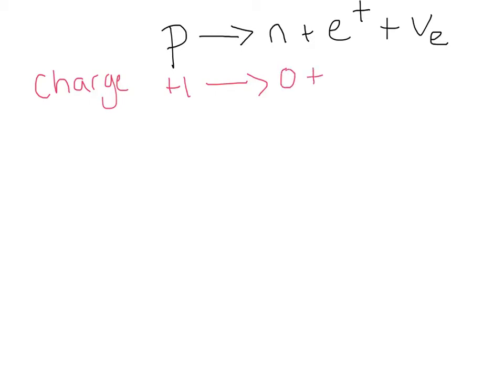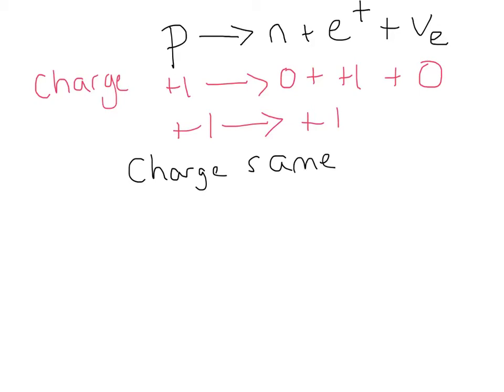The charge of a positron is obviously +1, and the charge of a neutrino is going to be 0. Okay, so the next thing you do is consolidate both sides, so you gather all the terms together, and you've got 0 plus 1 plus 0 gives you +1. So the last thing to say is charge is the same on both sides,